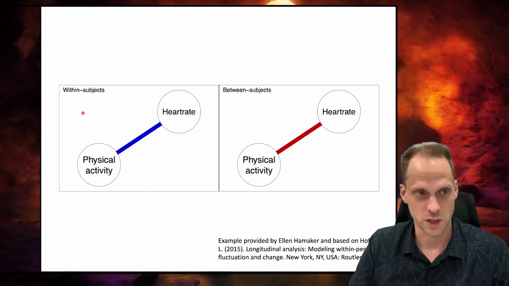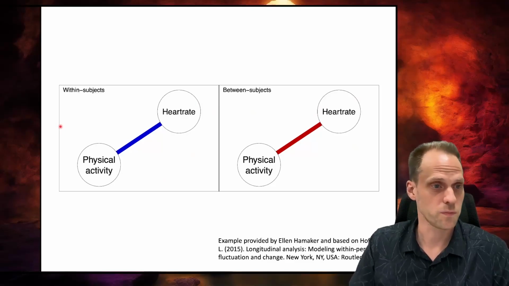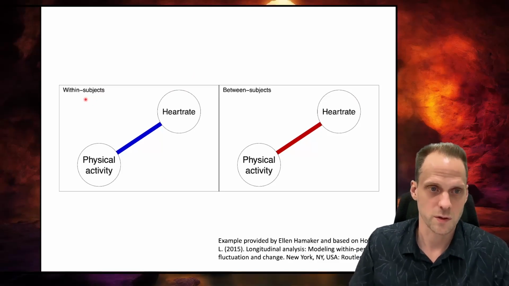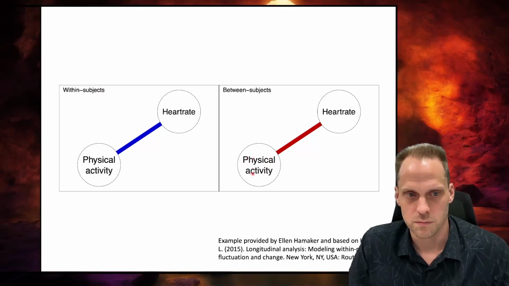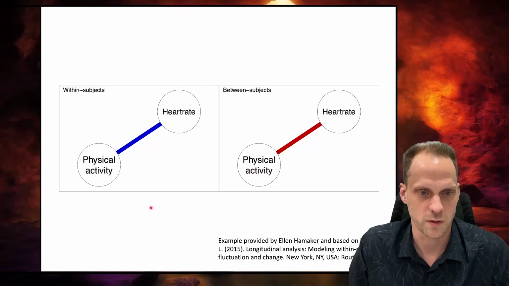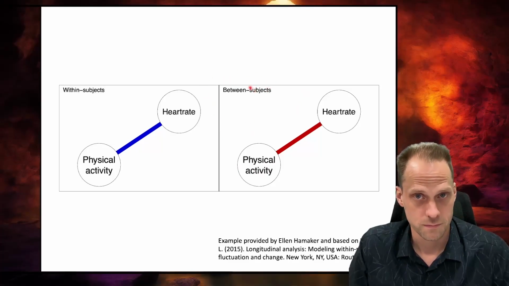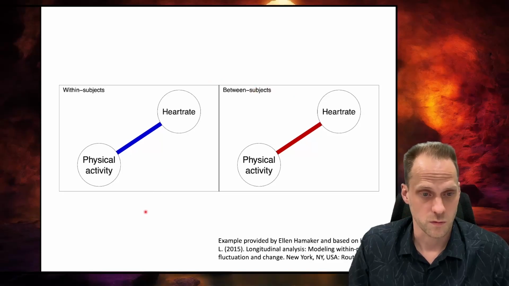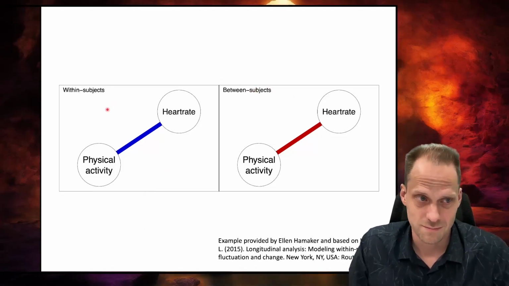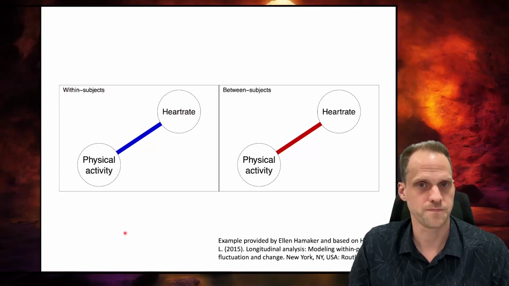So we only look at the within-person level, and then based on this, I recommend that you never exercise again, because your heart rate goes up when you exercise. That's not what you would recommend, right? You would recommend, okay, you need to become more physically active, because we see in the data that it actually helps with reducing your heart rate on average. So now suddenly we would look at the between-subject level. The point I just want to make here is that both of these are interesting to look at. So it's not really true that you should only look at one level. It's nice to look at both.